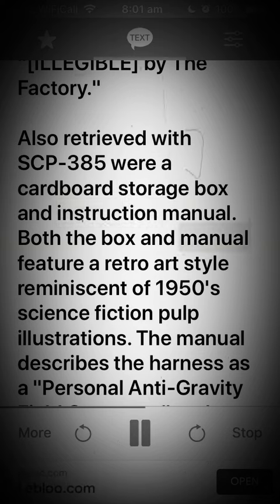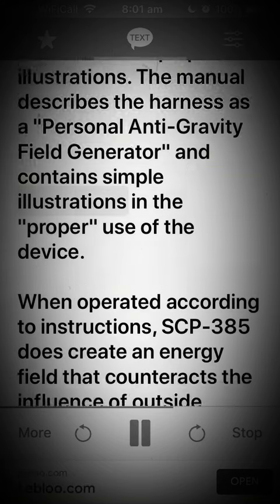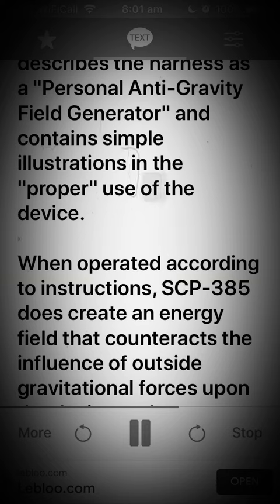Both the box and manual feature a retro art style reminiscent of 1950s science fiction pulp illustrations. The manual describes the harness as a personal anti-gravity field generator and contains simple illustrations in the proper use of the device. When operated according to instructions,